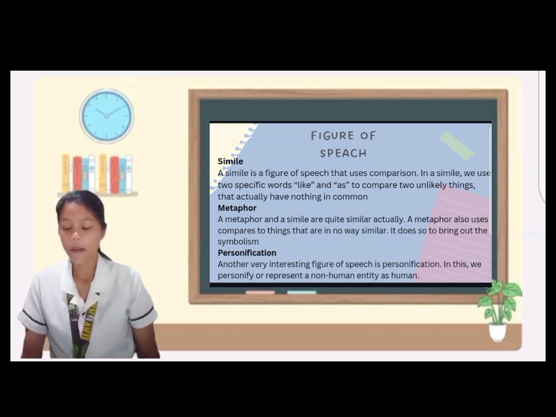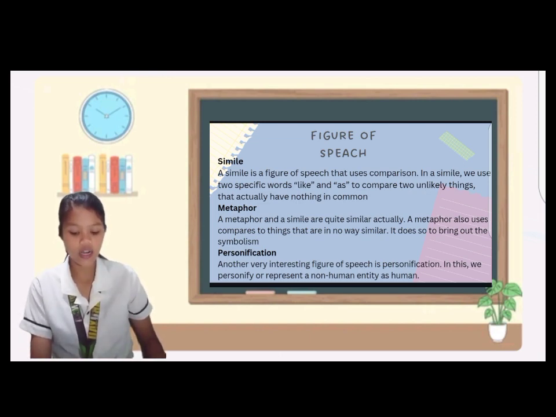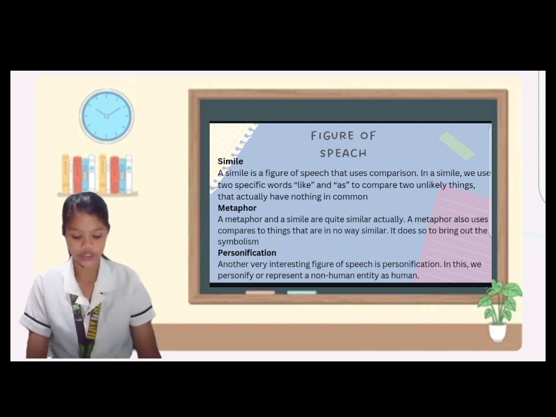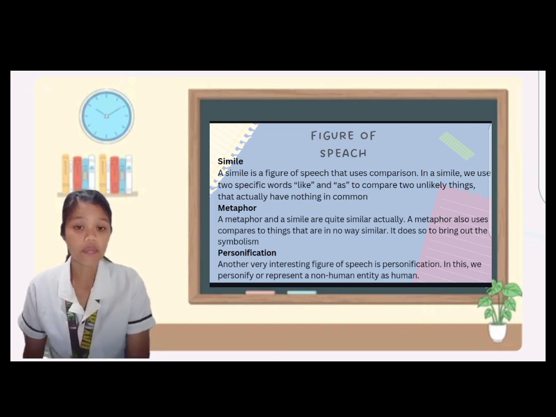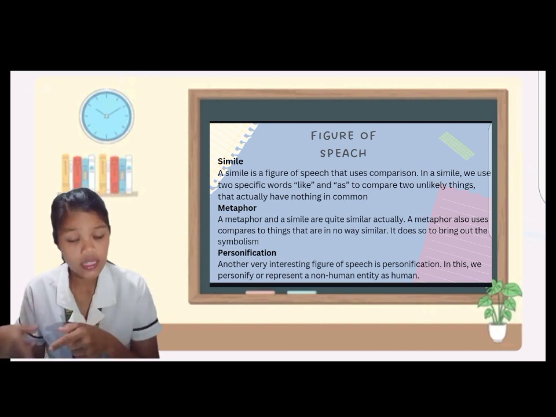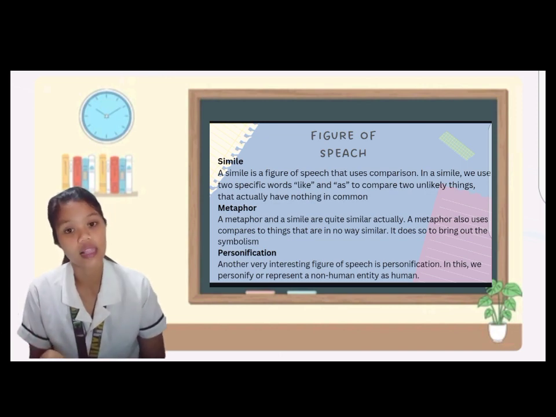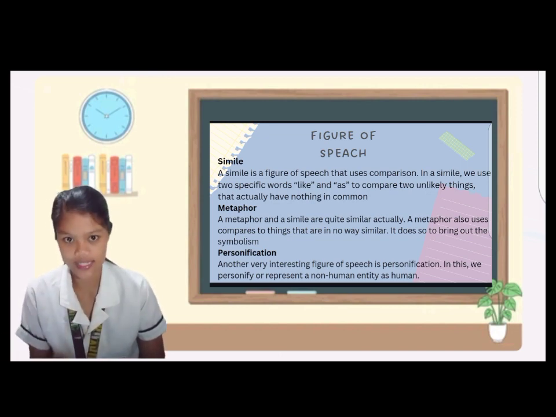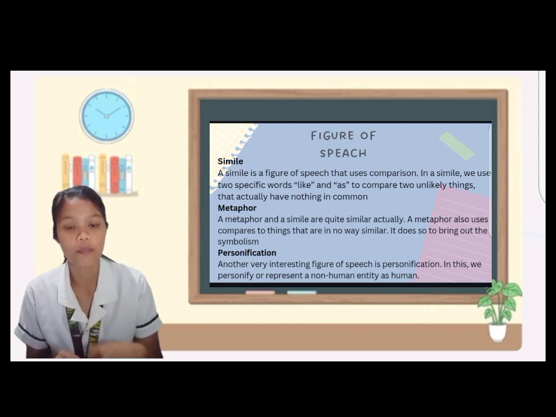Okay. So another one is metaphor. Next is metaphor. Metaphor and the simile are quite similar to each other. A metaphor also compares things that are in no way similar, to bring out the symbols. For example, with a metaphor you are comparing like a simile, but you are not allowed to use like and as. You are comparing